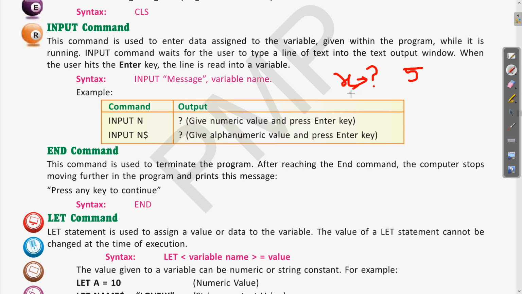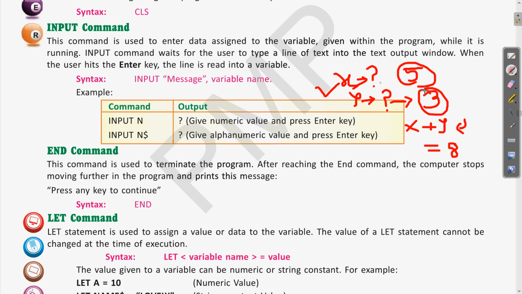If I write input y, again there will be a question mark. If you give another number like 3, and when I run x plus y, clear? This type of statement, when you run it, will give you the result 8. This time 5 and 3 we have not given in the beginning. These values we have given during the execution of the program, while the program is running. So for this type of thing, to take input while the program is running, we use the input command.